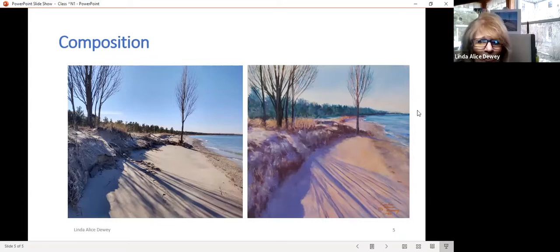But I knew that the horizon had to be at two thirds. Now we can break that rule sometimes, but okay. So that's one thing that really works with this composition. And so I moved this up. The other thing is that there are different elements that really work in composition, and one of them is a C. If you have a C,